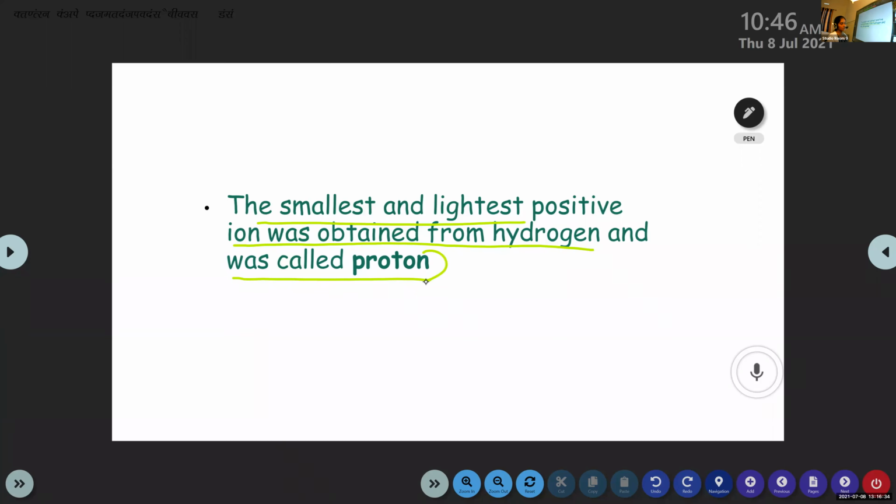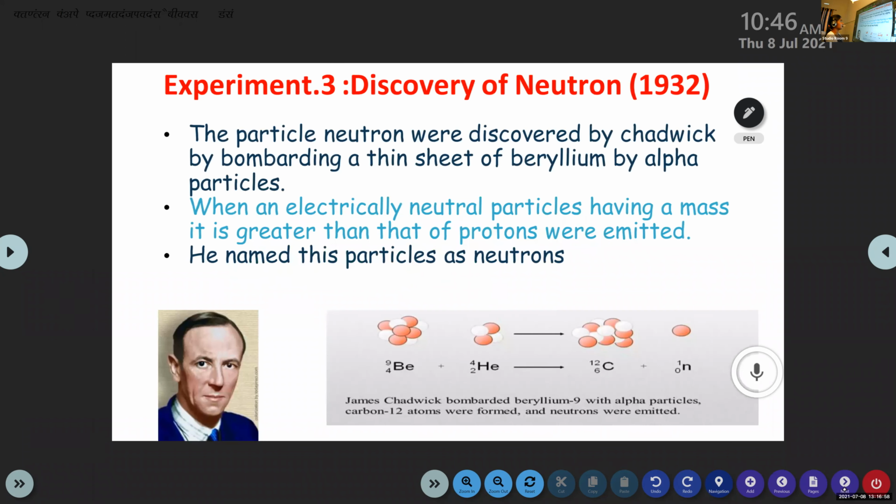Okay, finished. So now we learned the discovery of electron and proton. Then one more subatomic particle. Which one was that, other than protons and electrons? Neutron. Can you tell me the charge of this neutron? It's neutral. So the third one, the discovery of neutron. This is the third subatomic particle present in an atom.